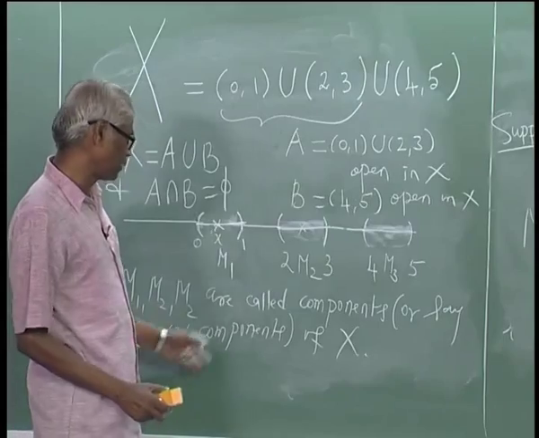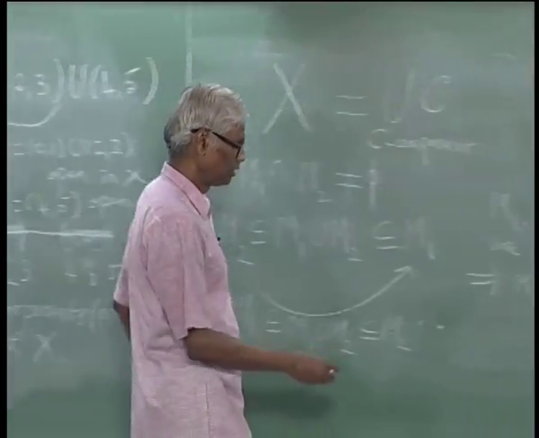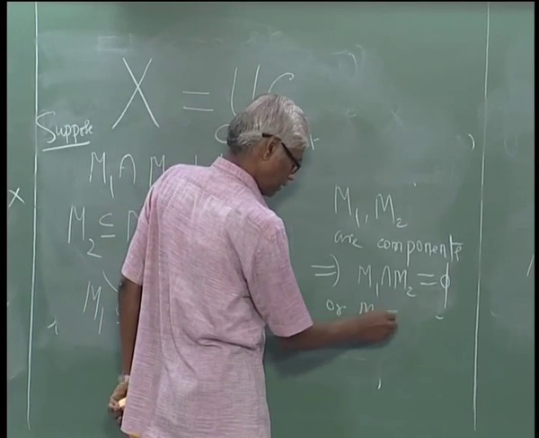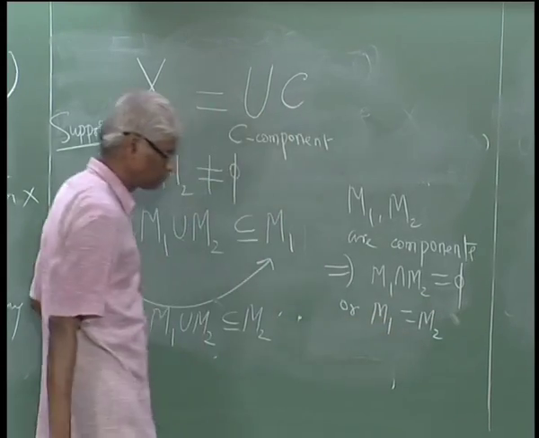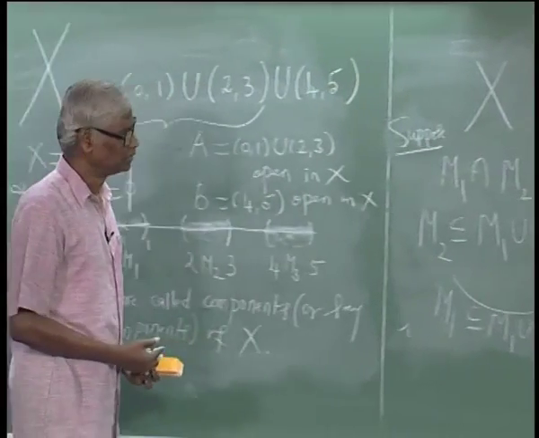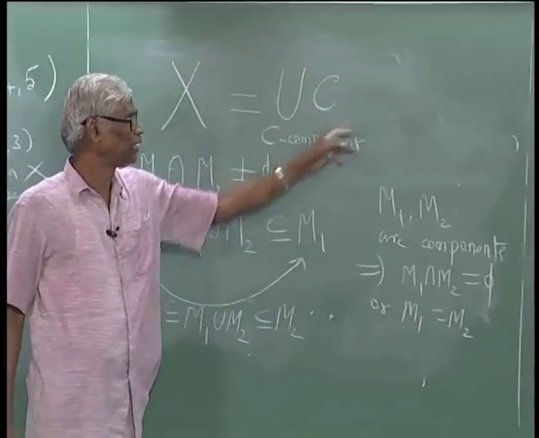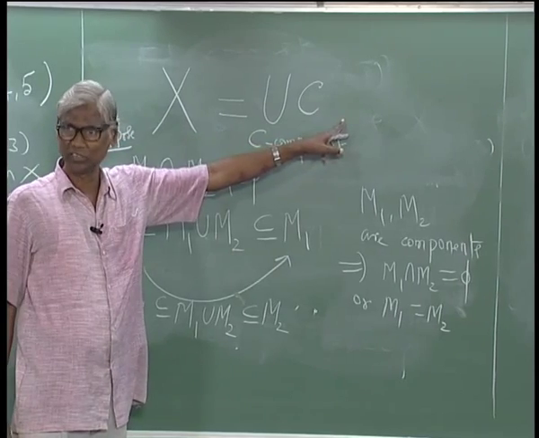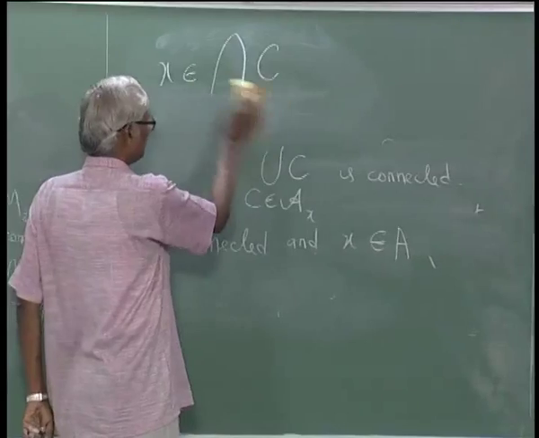If they are non-empty, they are identical. So either M1 equal to M2, either they are identical or disjoint. So that way X can be written as a union of components such that they are pairwise disjoint. In fact, the other way of realizing